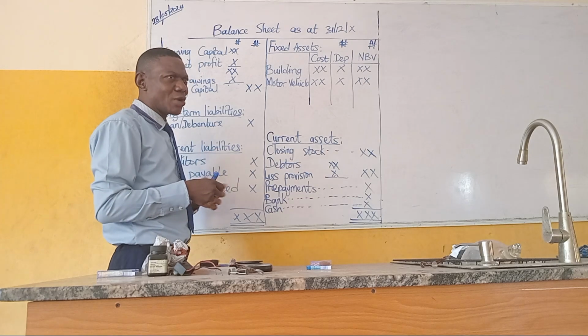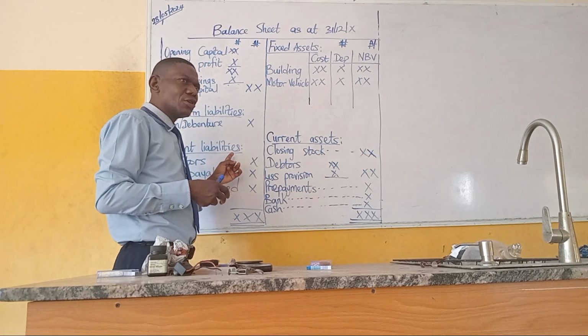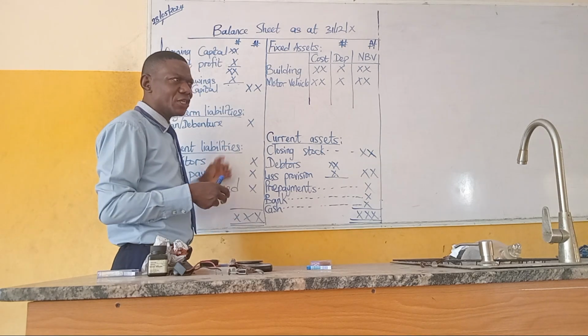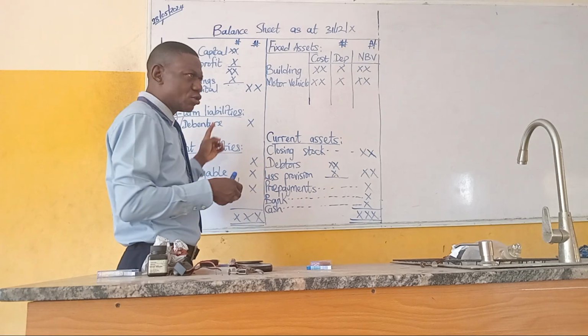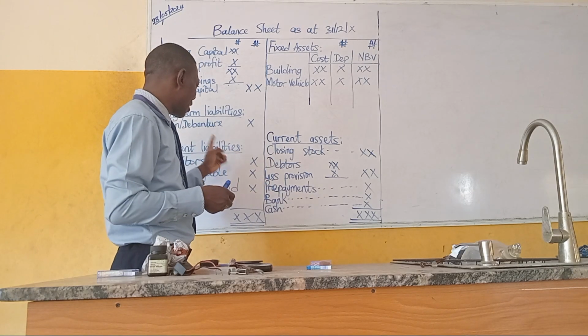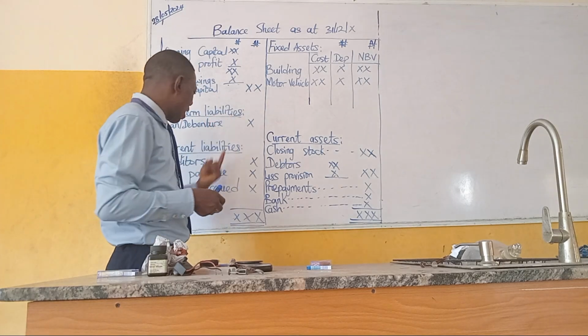Current liabilities also are obligations that the company is planning to fulfill within 1 year. That is within the next 12 months. Within the next 12 months, the company is planning to fulfill all this. So there is a difference between long-term liabilities and